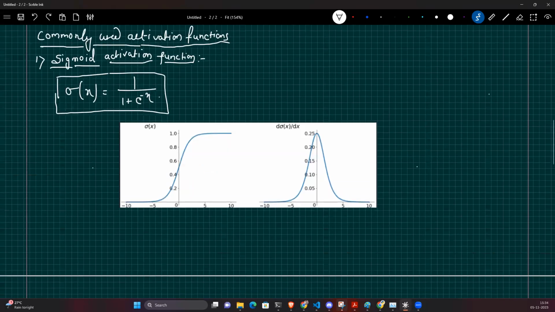So the sigmoid function is basically where we are going to use the sigmoid activation function. Generally, you can use the sigmoid activation function wherever you want, but as a convention, whenever researchers developed the sigmoid activation function, they